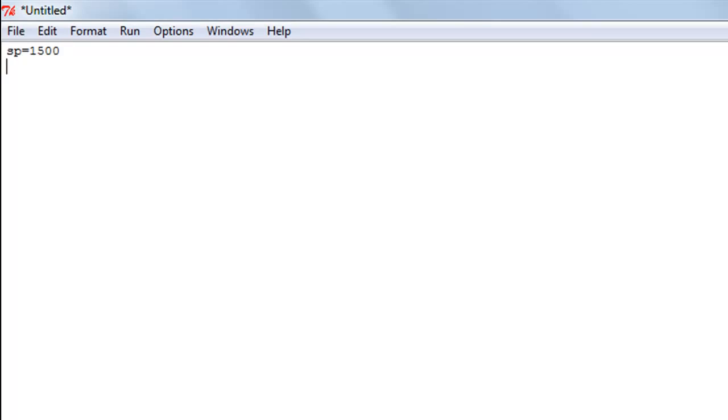The next line I'll create another variable, and I'll call this one CP. I'll give it the value 1200, and CP is the short form for cost price, right? And then I'm going to use the if statement to check whether the selling price is greater than the cost price or not. And if that is the case, then we're going to do some stuff, right? So what happens when the selling price is greater than the cost price is that you make some money, right? So you make profit, and we'll use a print function to display the profit value, and also a couple of